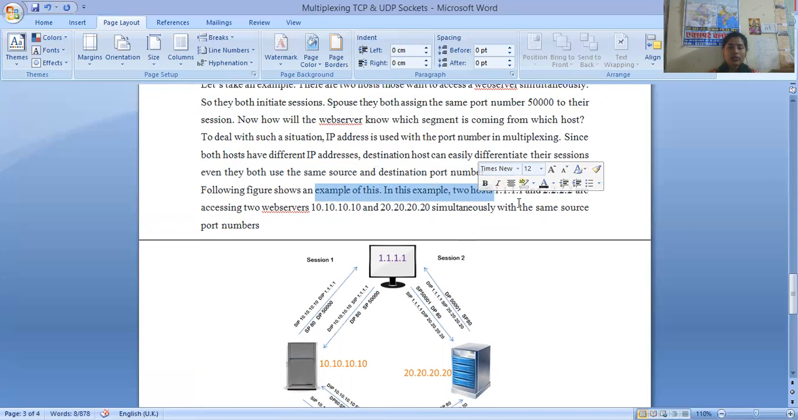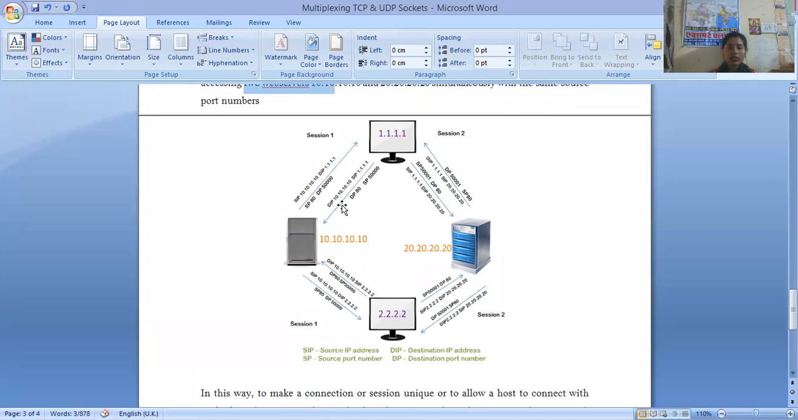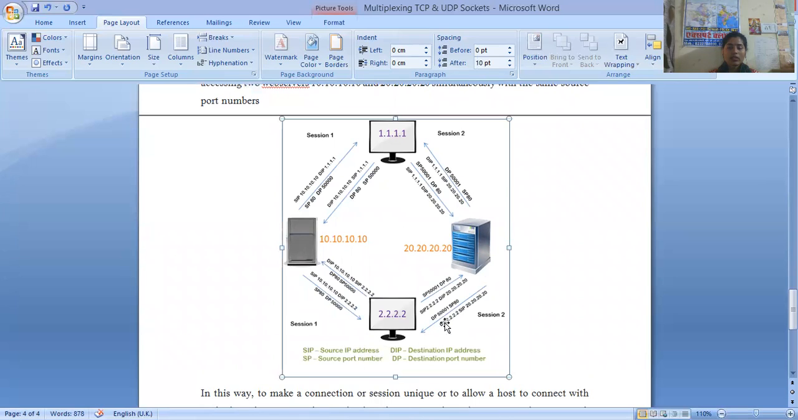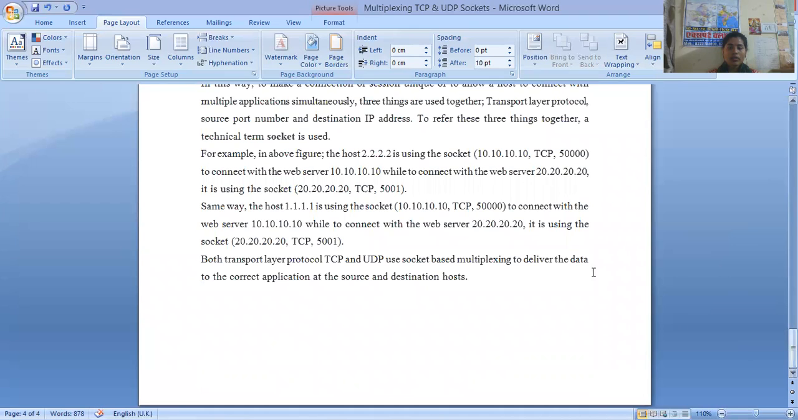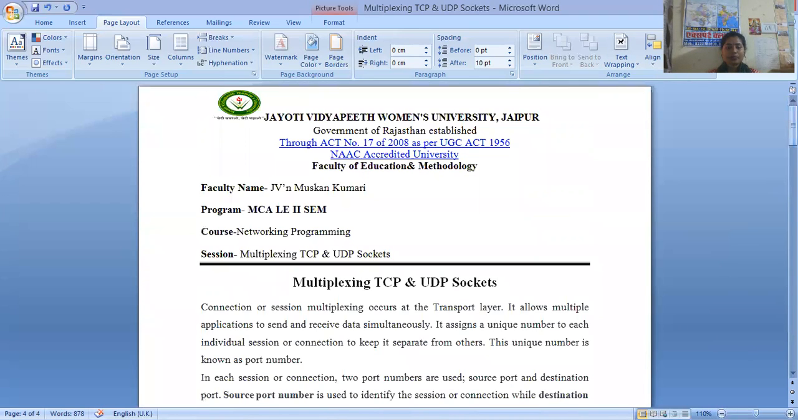So following this example, two hosts 1.1.1.1 and 2.2.2.2 are accessing two servers simultaneously with the same source port number, as you can see here. These are all shown in circles. Clear? So this session is all about multiplexing of TCP and